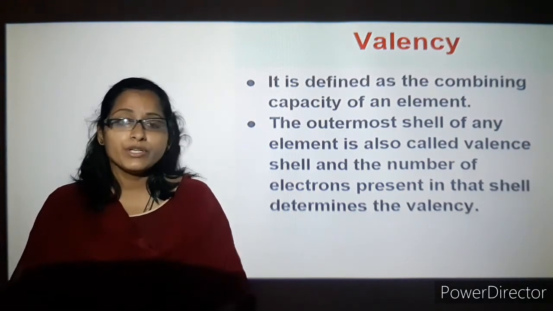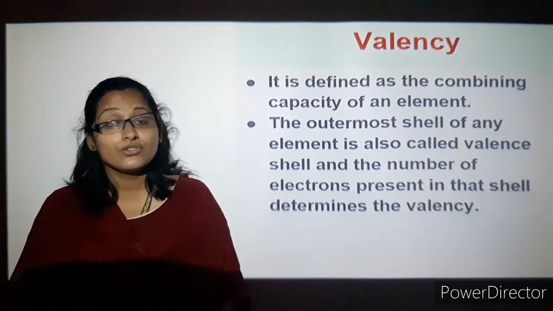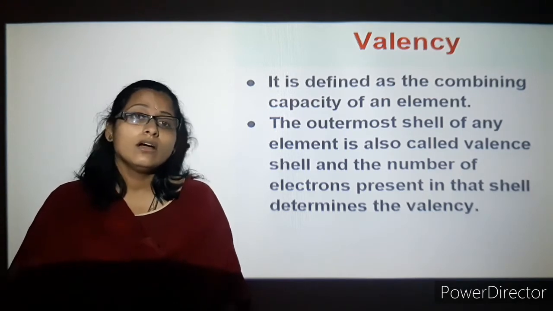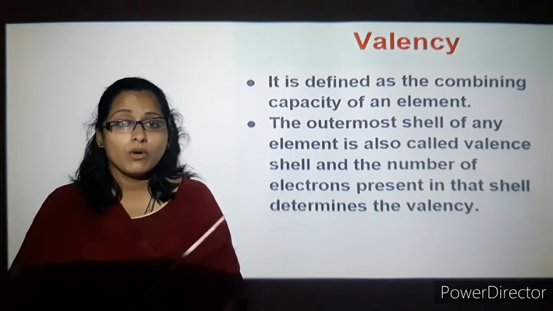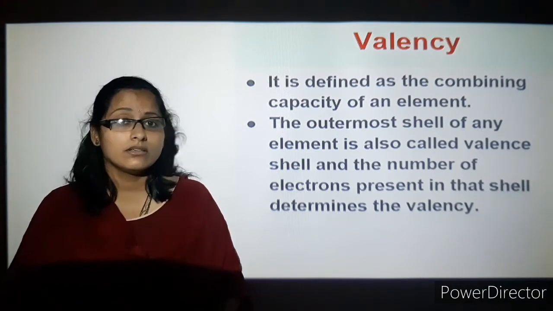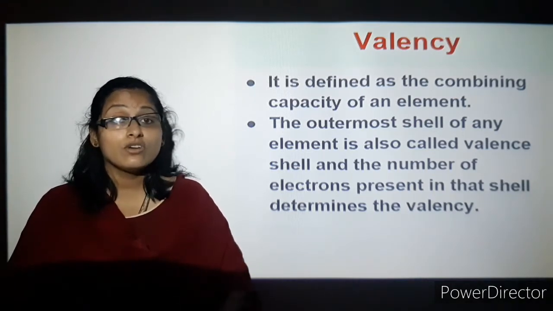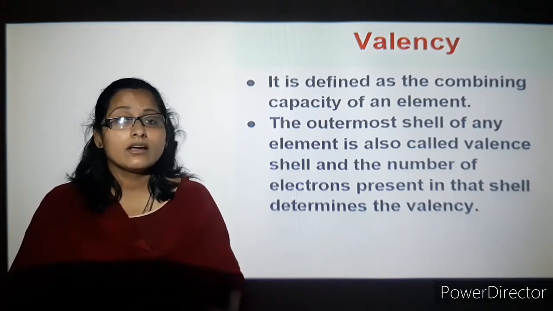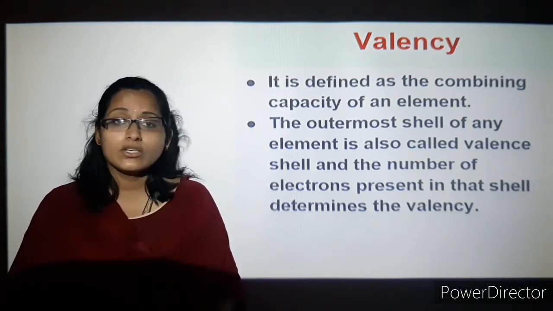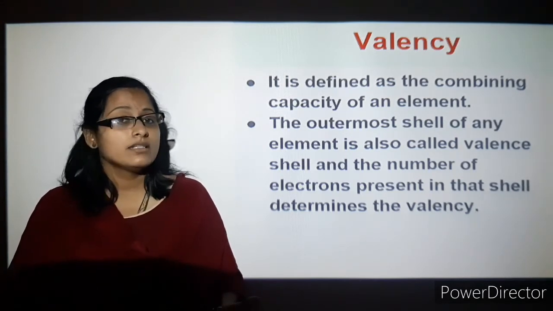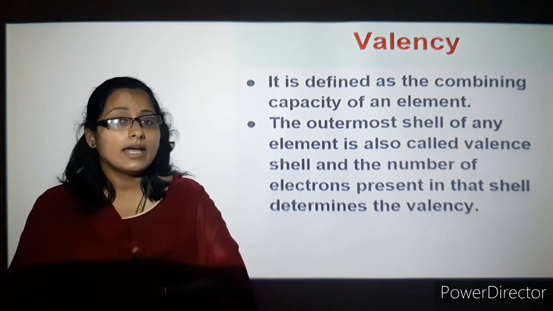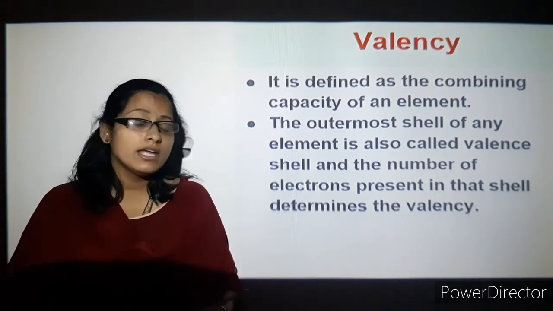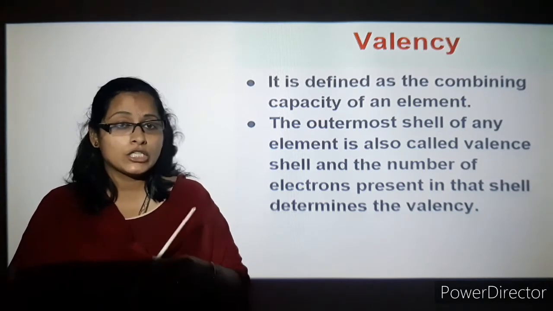When you go to the periodic table, you might be astonished to know why hydrogen is becoming 2 and oxygen 1, when the atomic number of hydrogen is only 1 and the atomic number of oxygen is 8. For that you need to understand the shells of an atom. An atom contains K shell, L shell, M shell and N, so you can see 4 different shells. So the first shell of any atom will have 2 electrons in it.